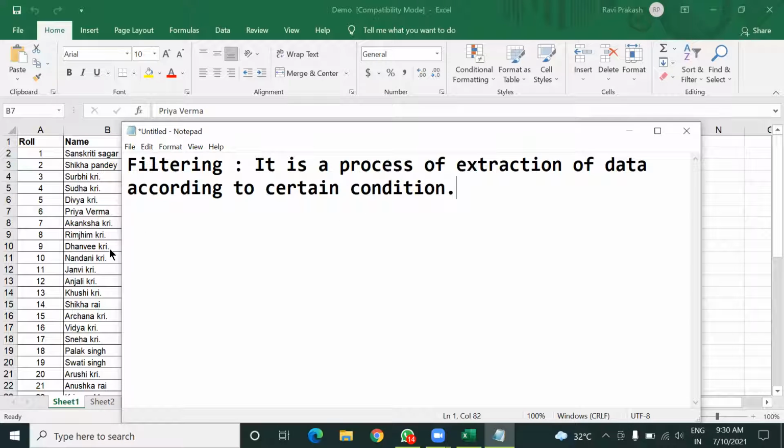So you can define filtering as the process of extraction of data according to certain condition or criteria.